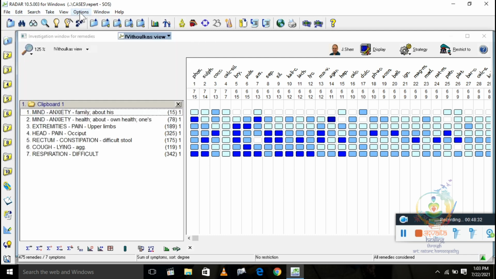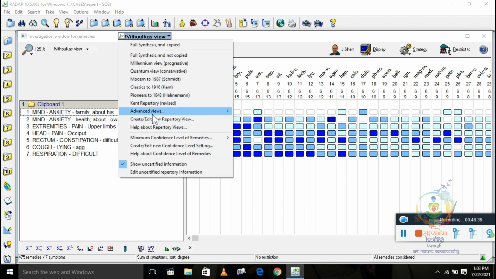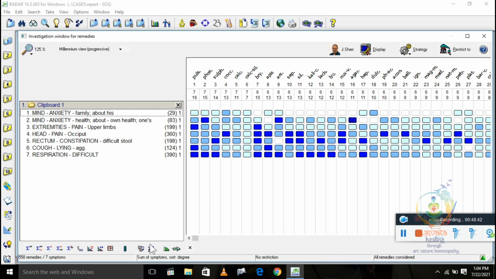Now let's go further into the features of Radar. Let's see, I am opening the Millennium book. Okay, so let's see now a few features of Radar which you should know and which will help you in analysis in a better, more precise, more authentic way.